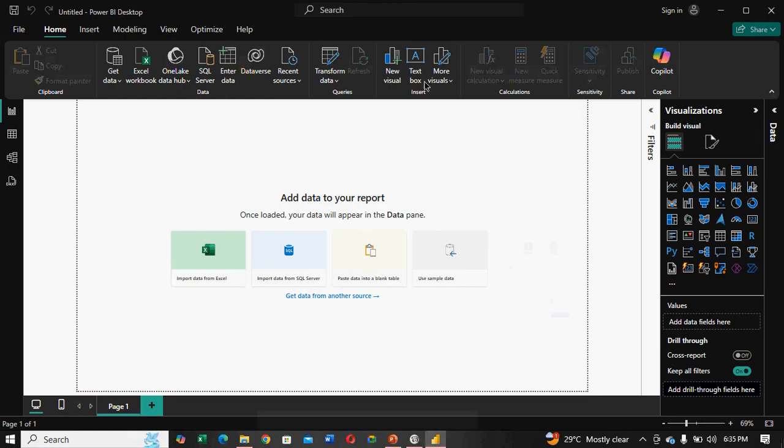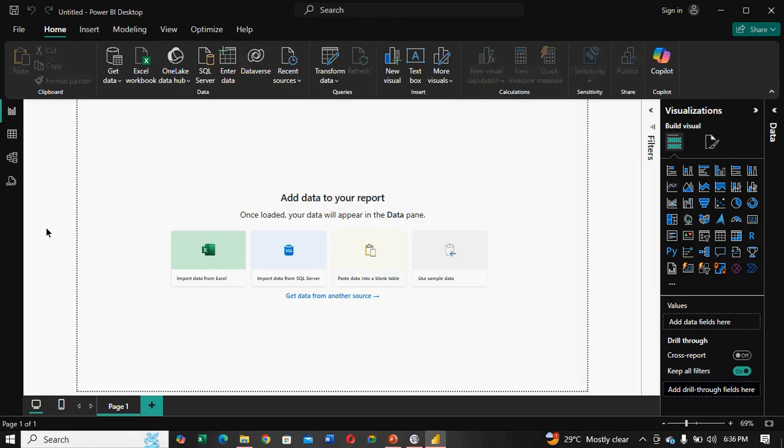Okay, so this is the environment of Power BI Desktop. It has a very large capability. It is capable, it is flexible, it is friendly. It works in real time. It has clean and appealing dashboards and so many things. There are so many things that we can use Power BI to do. Power BI has very expanded capabilities.